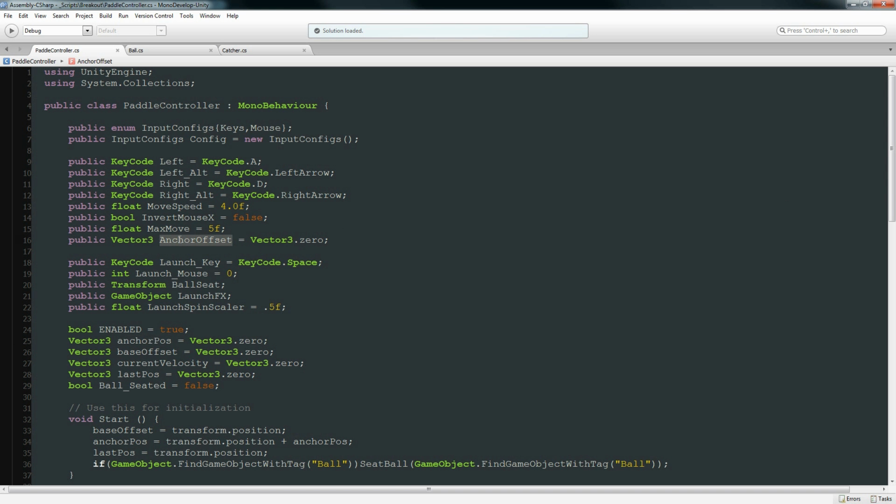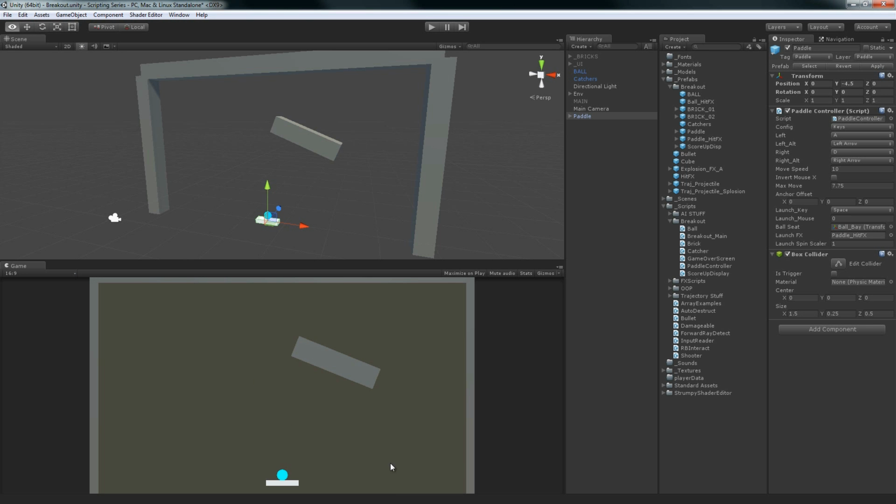So this anchor offset is an offset for my original position. So for example, if I wanted the paddle to start over here, then I need to tell it that over here is actually the center of my path, right? So I can do that by saying we're going to move you over here. I need to turn numlock on, 2.25, and then I'm going to say that my offset is going to be negative 2.25 on the X. And if I play that,